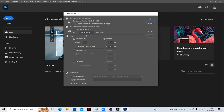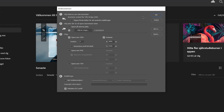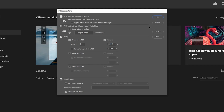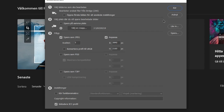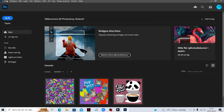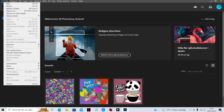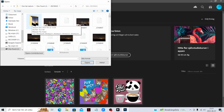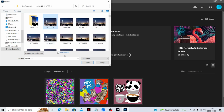Browse and select your location for your files with your JPEG images. When you're about to convert your images, you hit go or run, and that usually takes a while. It really depends on how many files there are and how fast your computer is. And now I'm going to open file, and that's right here on file and open. And here I have my JPEG folder. And I select the first one and I select image sequence as it says here, and then I hit open,